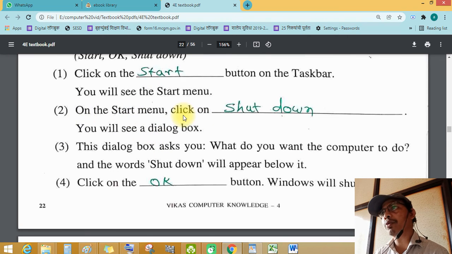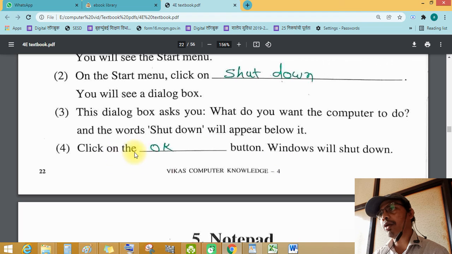On the start menu, click on shutdown. You will see a dialog box. The dialog box asks what you want the computer to do, and the word shutdown will appear below it. Click on the OK button and Windows will shut down.